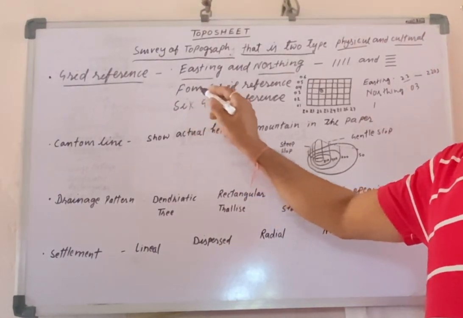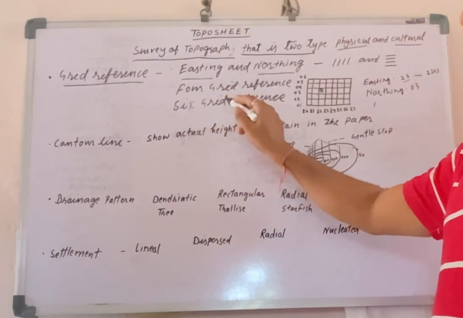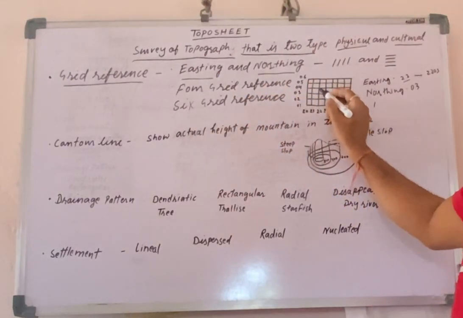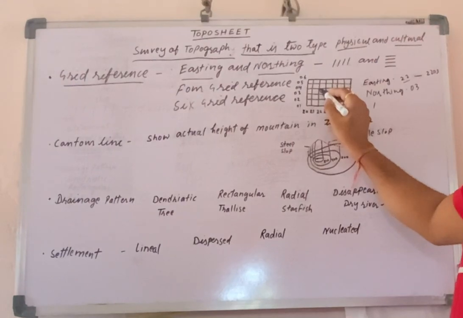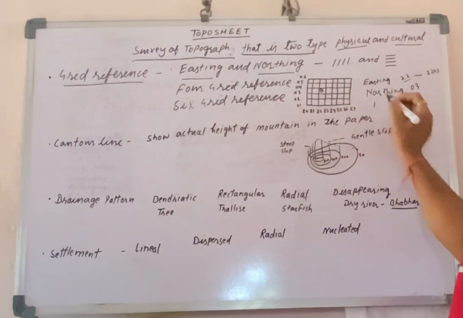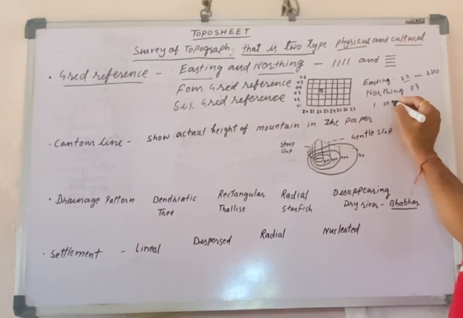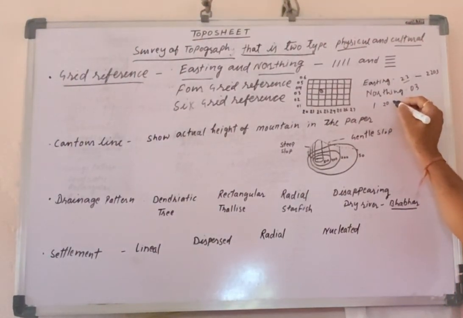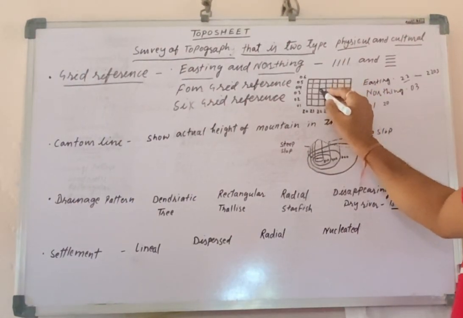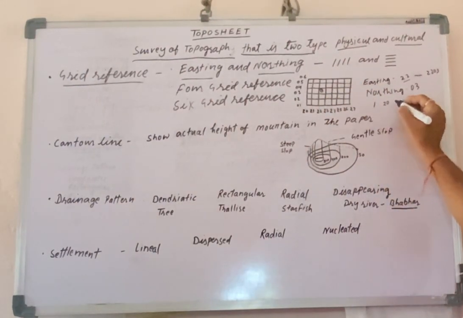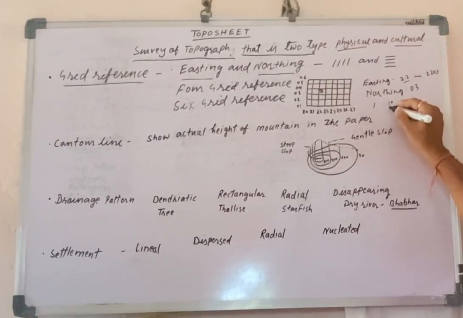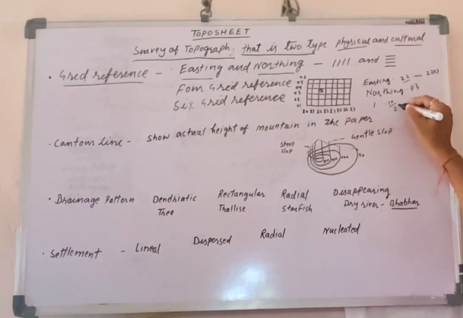The 6 grid reference is only used when we have to take out the exact location of any place. Suppose this is the location of Bhavara. So we will use the scale, where there are 20 mm. Suppose this place comes in this area, and it is 10. 10 will be divided by 2, so it is 5.